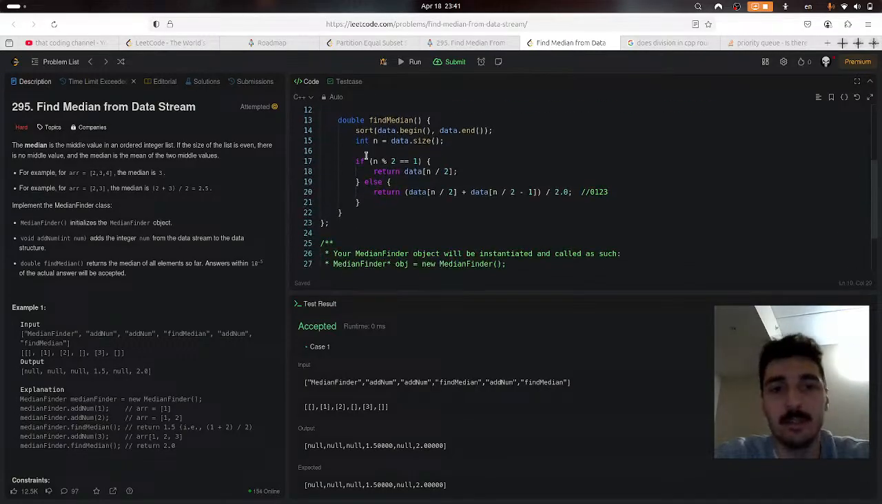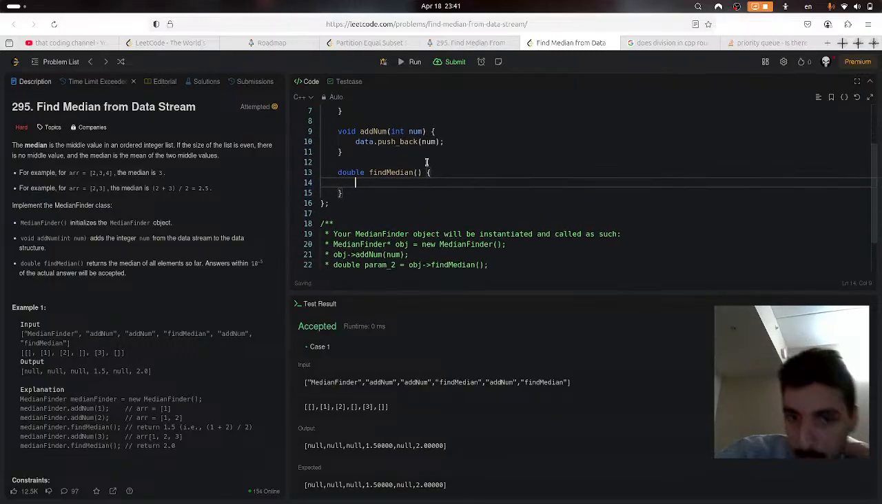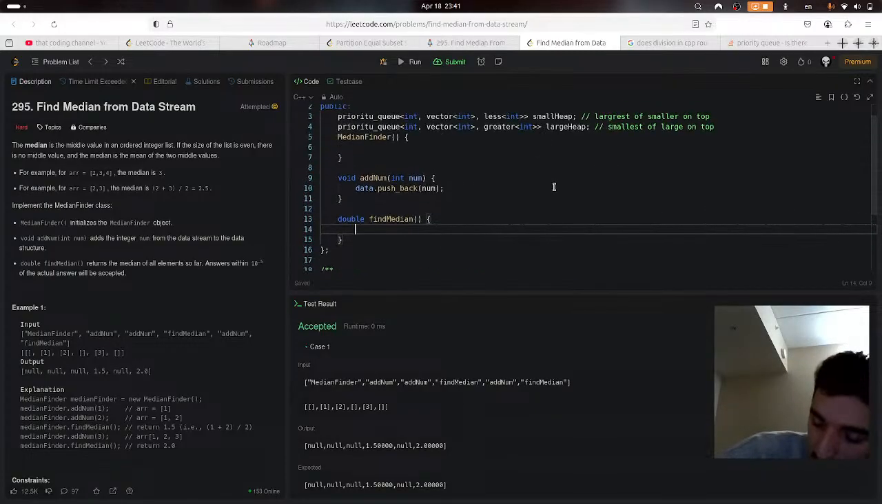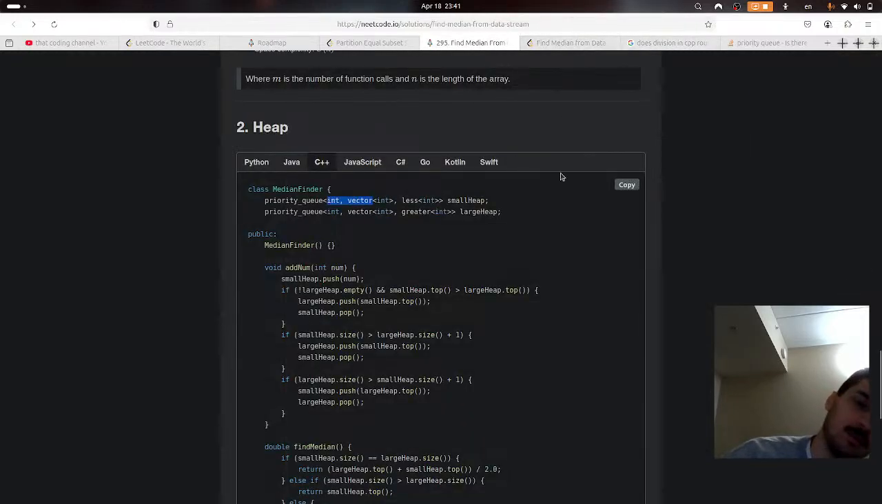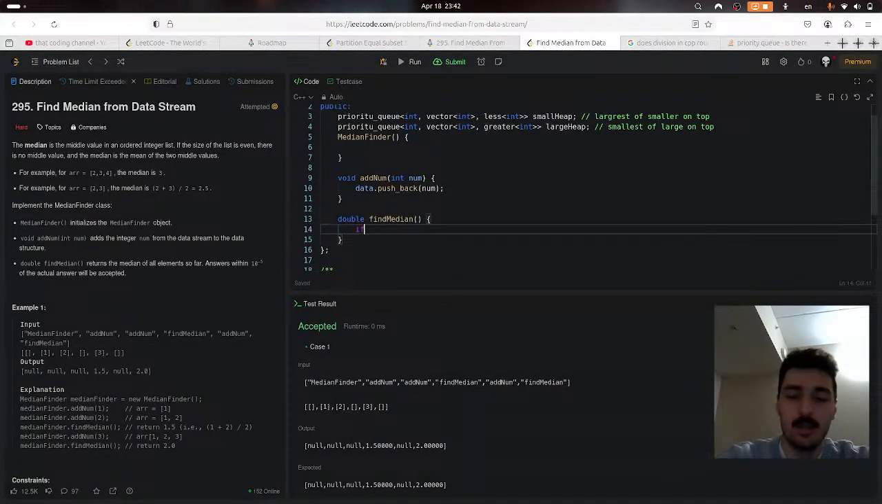Oof, adding is gonna be a hard one. How do we find the median? All right. If small heap, less heap, how do we know? Oh, all right, all right, all right. So if